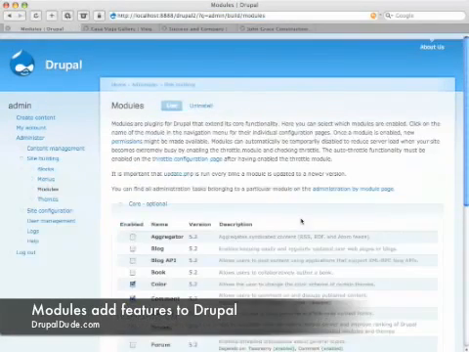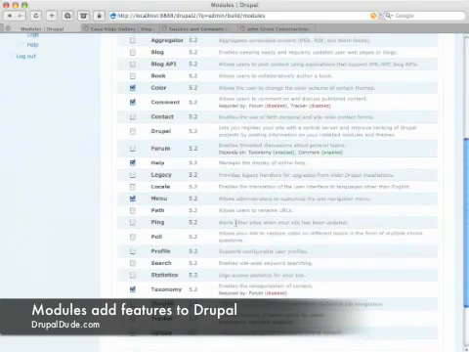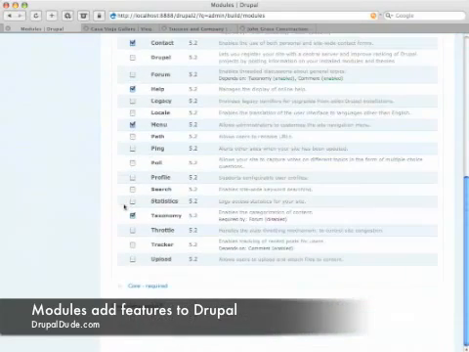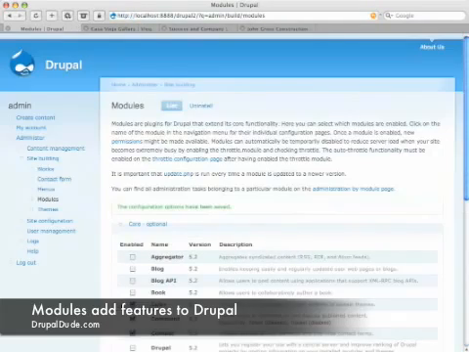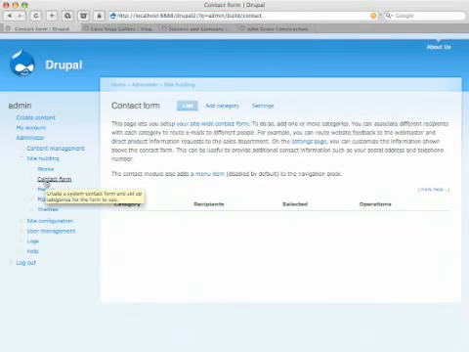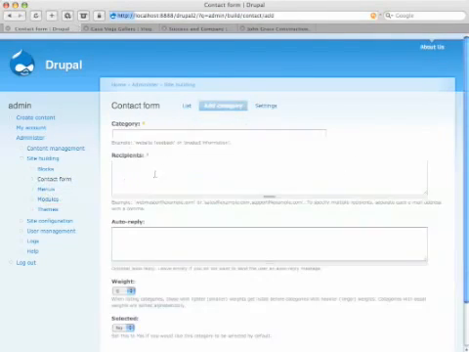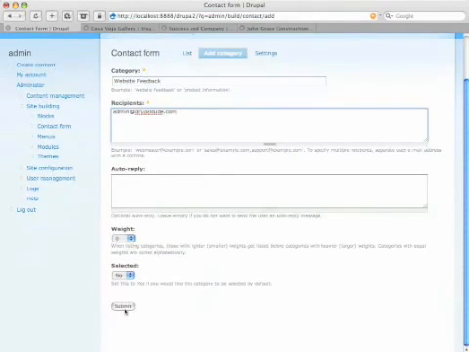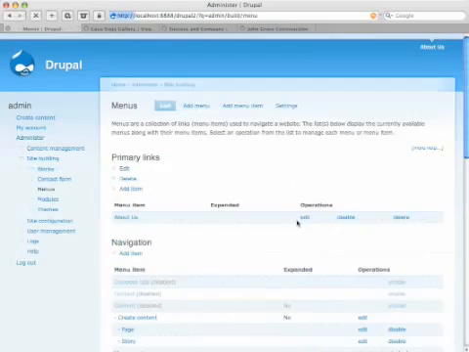If I wanted to add a module to it, say I wanted to add a contact, hit save. Now you'll see here I have contact form here. I probably didn't see it earlier. I should have pointed that out. And I'm going to add a category, and this one is going to be website feedback. It's going to go to me, and this can go to multiple people. Drupal-Dude.com, and I hit submit to go to menus,